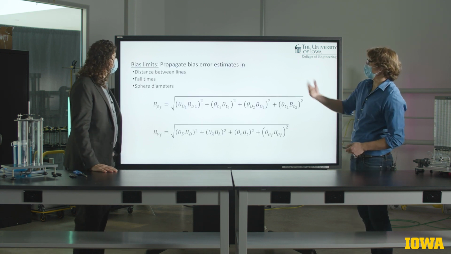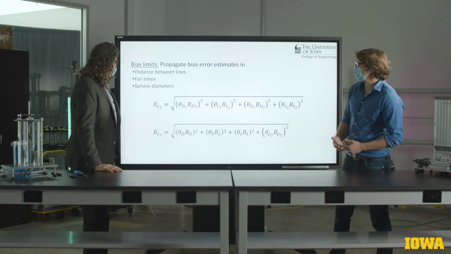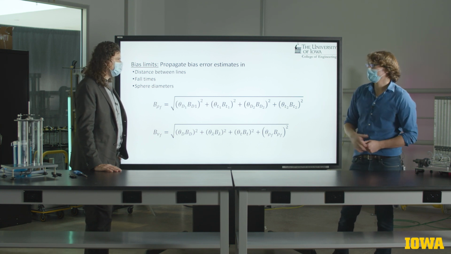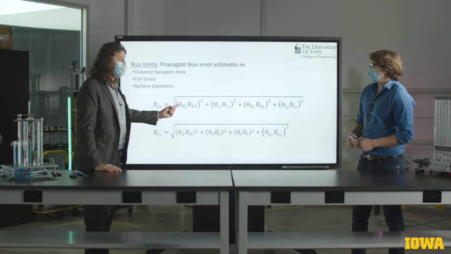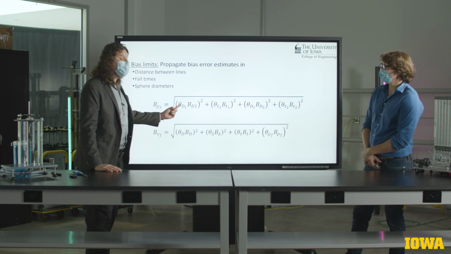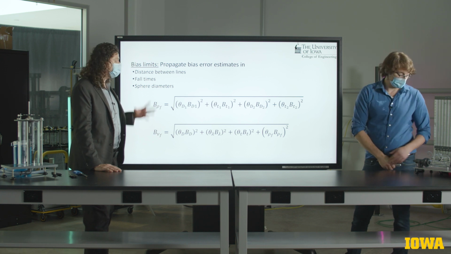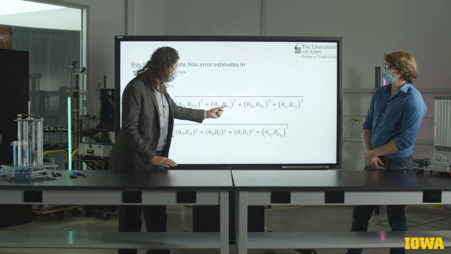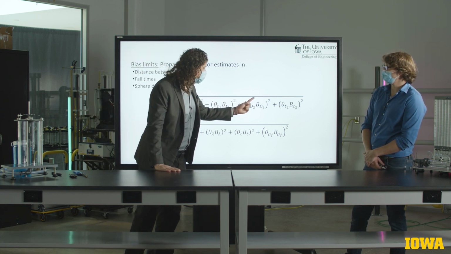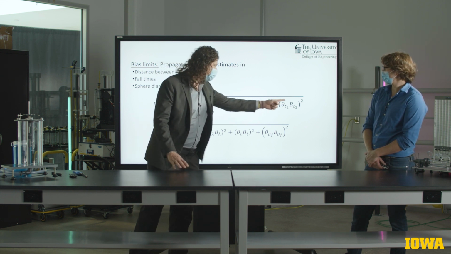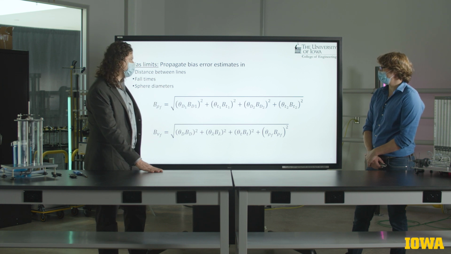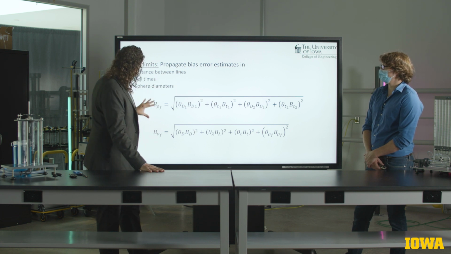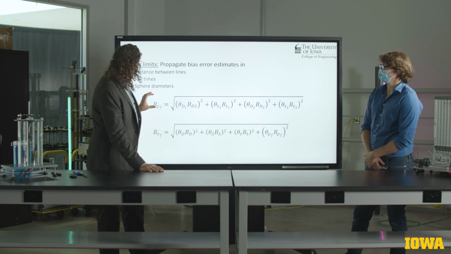So the sources of bias errors in this experiment include, as we just said, the measurement of the distance fallen by each sphere, the time it took each sphere to fall, as well as the diameter of each sphere. The coefficients in this equation get calculated using our reduction formulas. In a sense, they tell us how important an error in the diameter, an error in the time that we measure, an error in the diameter for the second sphere, and the time that we took for that sphere to drop are. Those all add together and translate into the total precision error associated to our measurement